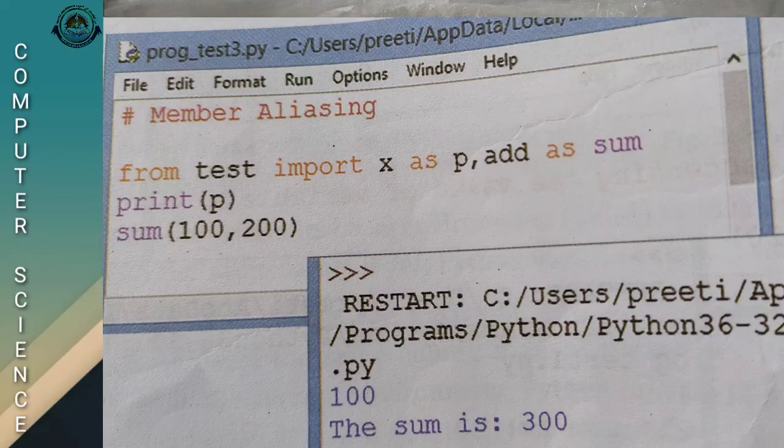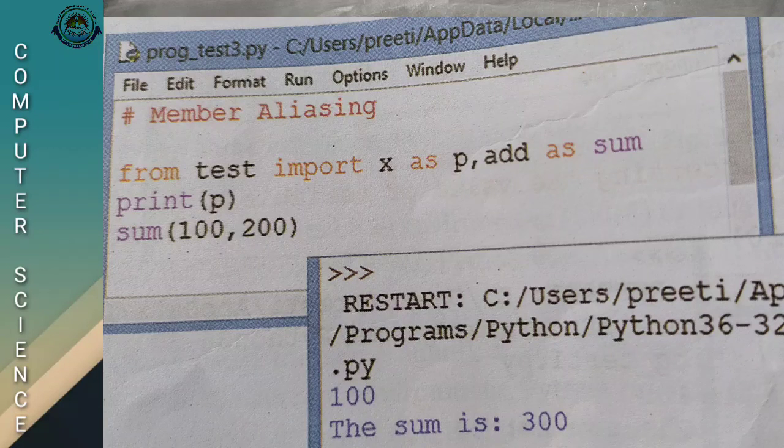What is its result? From test import x as p. From the test module, import x. The value of x is imported as p. That means another name for x is used as p. Then add as sum.